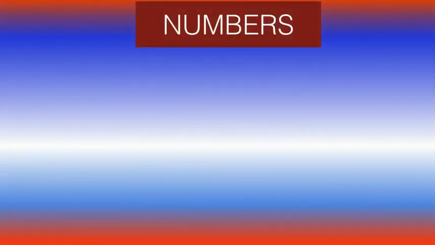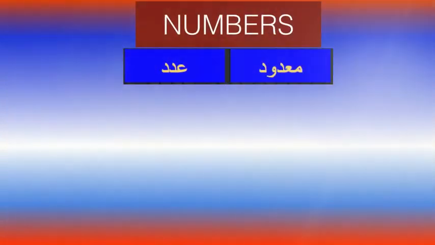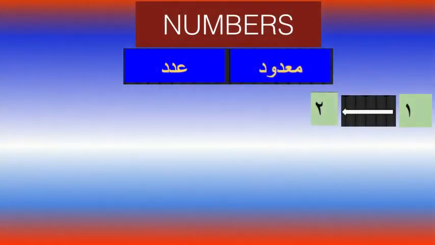Regarding numbers, I'm just going to give you a quick revision so that everybody is on board. We know there are two things that come together when we are talking about numbers and objects. The adad is the number, and the object which is counted is the ma'dud. The special characteristic of the Arabic numbers is that the ma'dud will keep changing depending on what number comes in front of it. So we know now that with 1 and 2, the ma'dud comes as man'ud